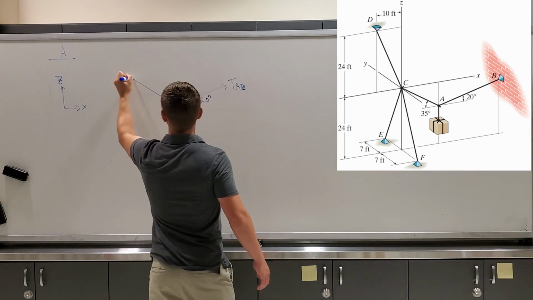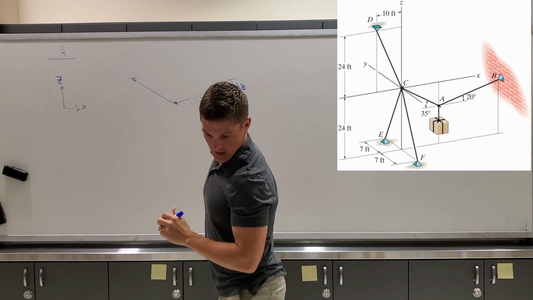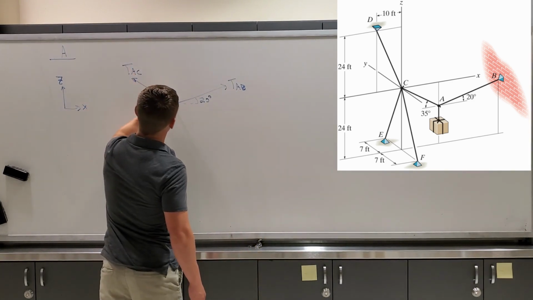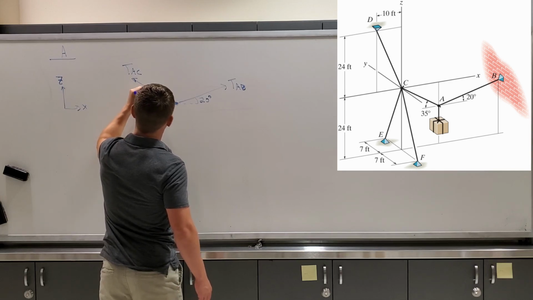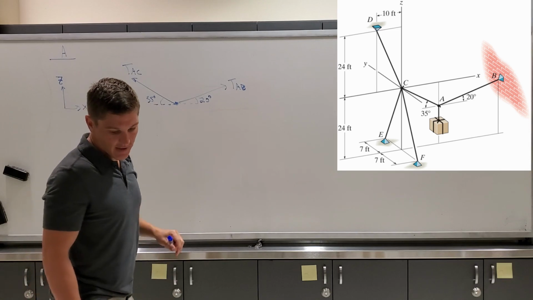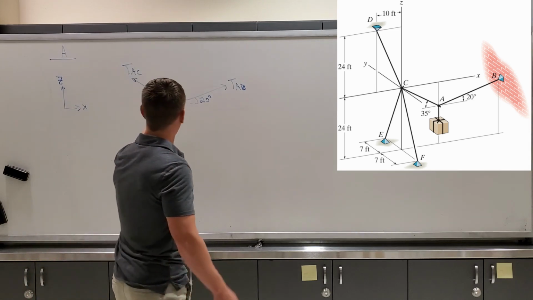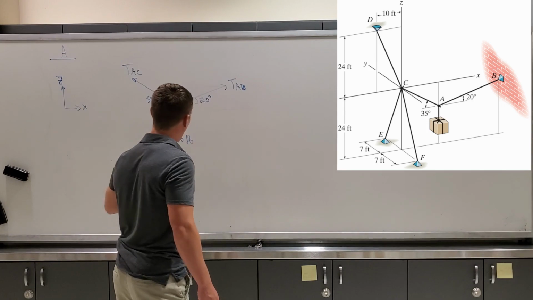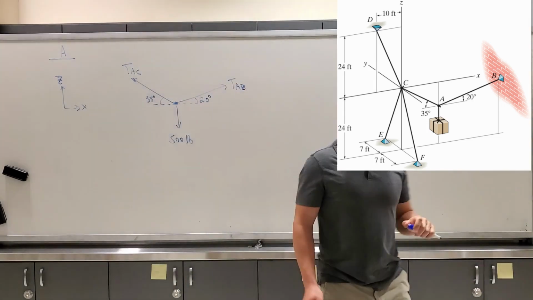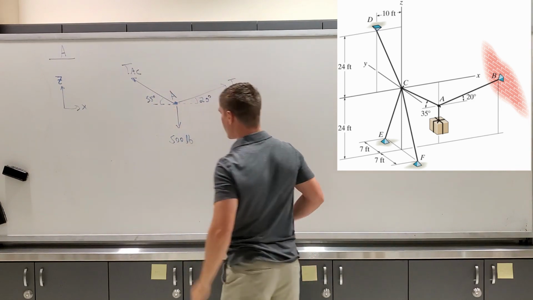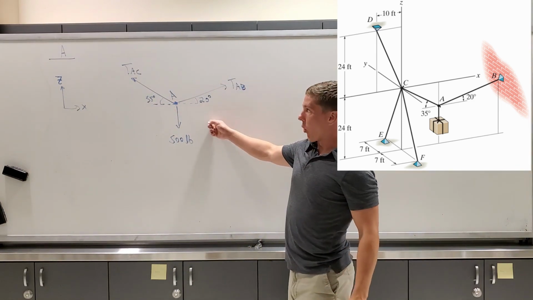We have tension AC, which the problem gives is acting at a 35-degree angle. And then we have the weight of the 500-pound crate acting downward. So we have a 500-pound crate acting downward. So if I look at my free body diagram of point A, I have,